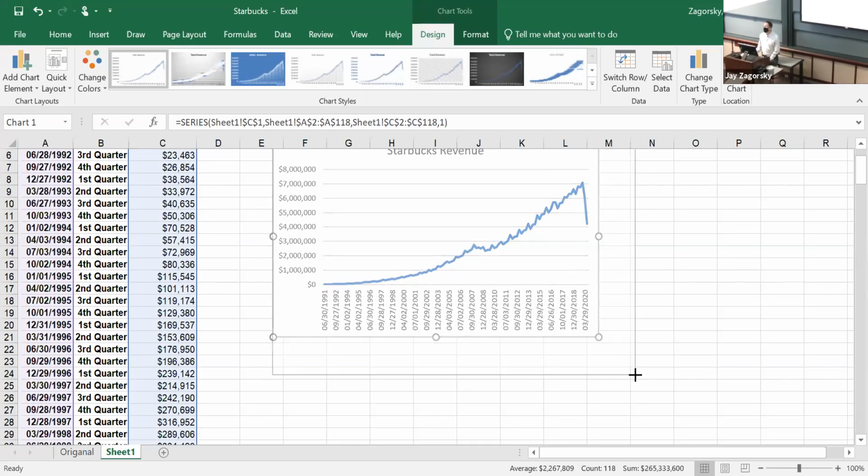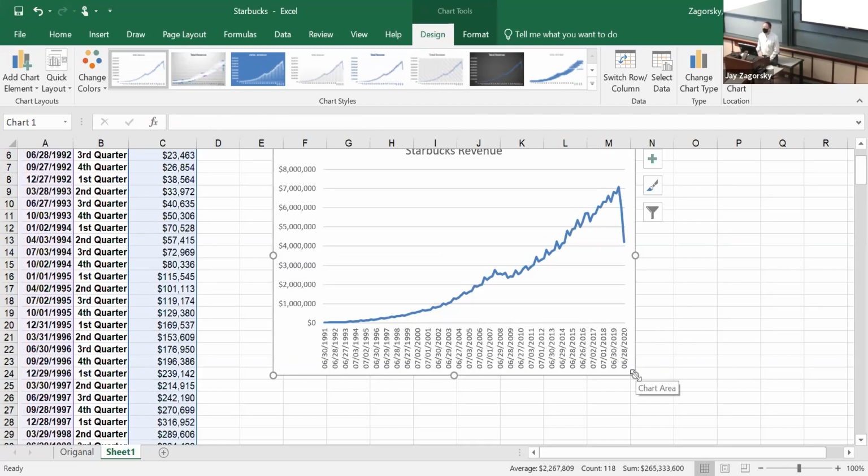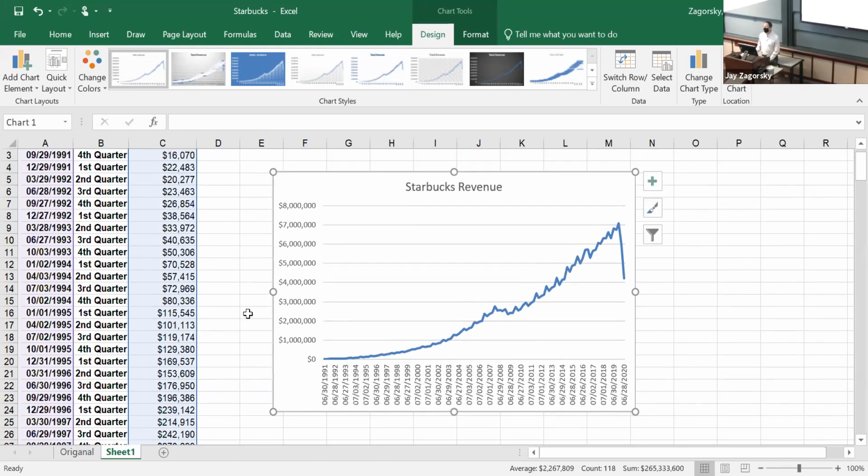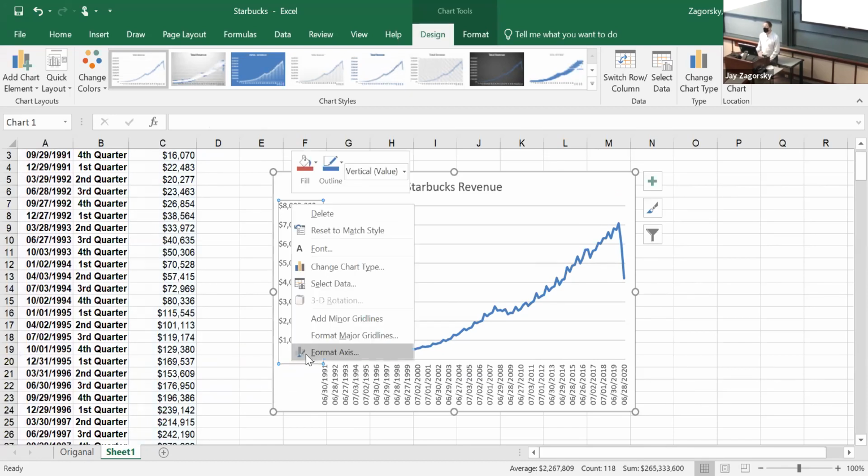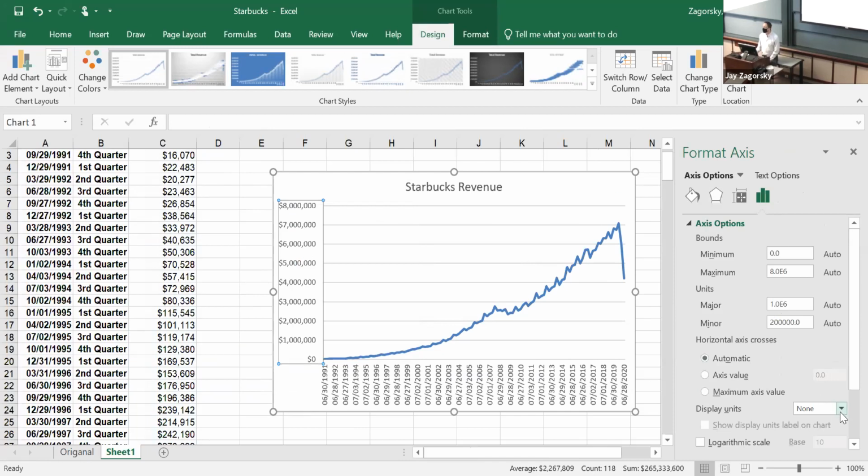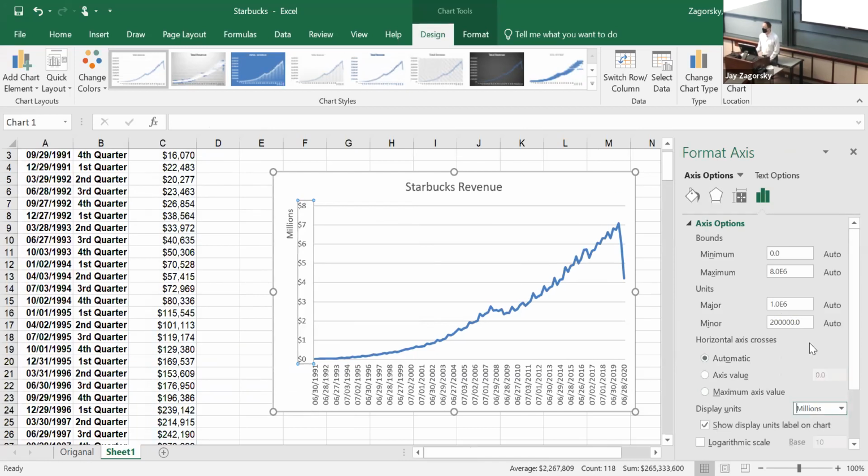We can spend some more time changing the dates, but I don't want to waste time dropping the day part. It's not really that important. And what do we see? We can do one last thing. Please remember these numbers are in thousands, so I really want to add 3 zeros. How do I make this really look professional? Click once on the vertical column, format axis, and then I can say display units are in millions. But wait, that's a lie. The numbers aren't in millions. Instead, they're in billions, right? Because there are 3 extra zeros that are missing.